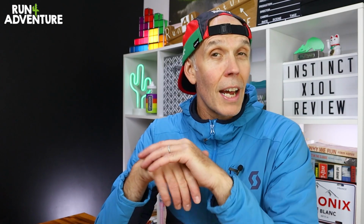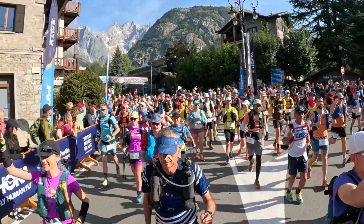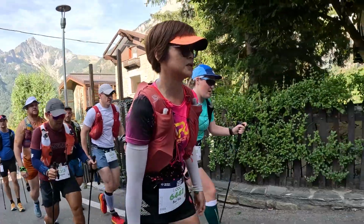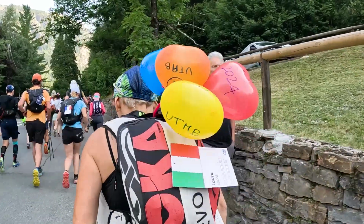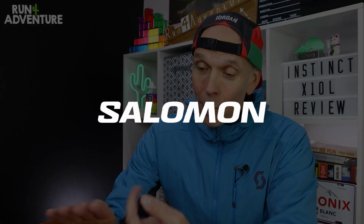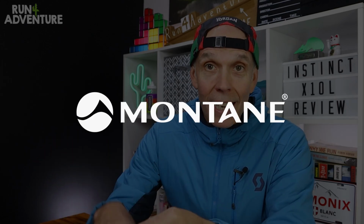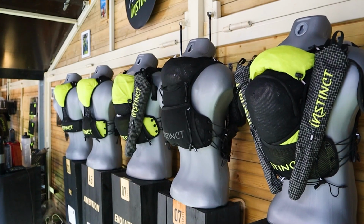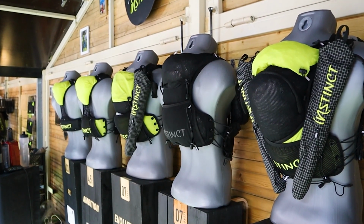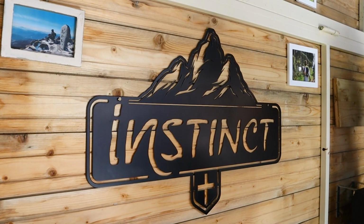Now, with the world of ultra running exploding over the last 3 or 4 years, running packs and hydration vests have become a very popular piece of trail running kit, and they're available now in all shapes and sizes and all different colours from lots of big running brands, including Salomon, Innovate, Harrier, Montane, Ultimate Direction and Camelback, to name a few. But in today's video, we are taking a look at a hydration vest from French trail running brand